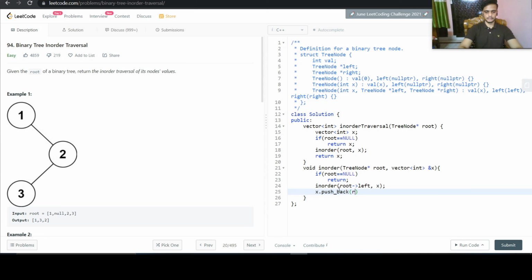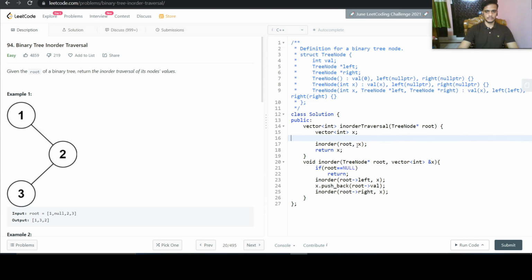So x dot push_back root's val, and then we can again do the inorder traversal for the right subtree also. So root's right, and then x. That's fine. Also, here itself we are handling the case if root is null or not, so we need not put a check here. This is fine.